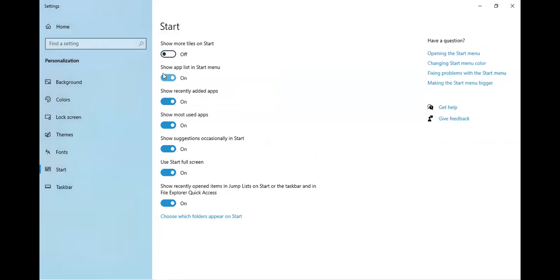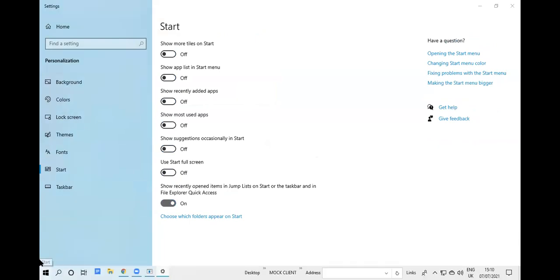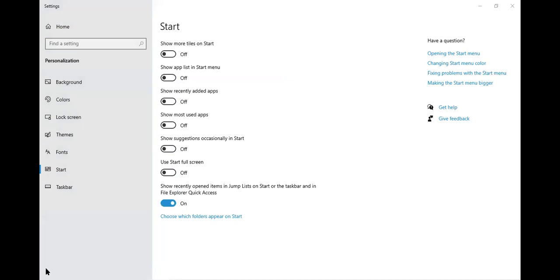If I disable all this, all the start options will be completely disabled.